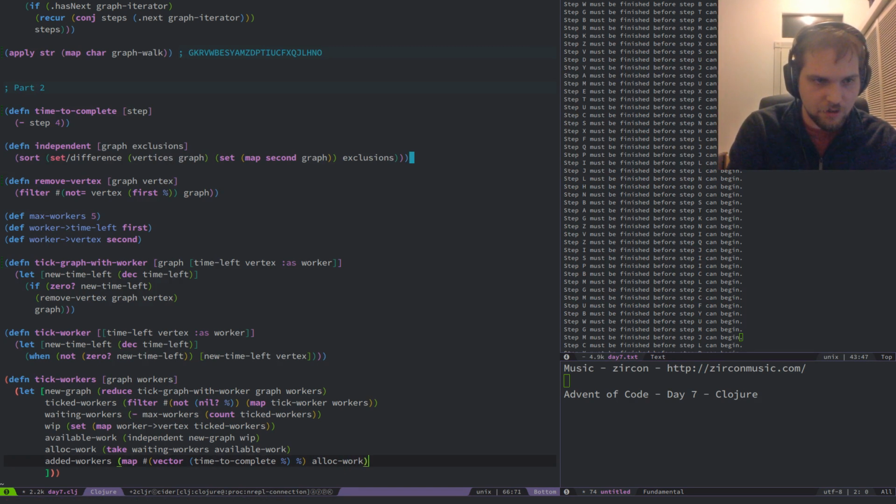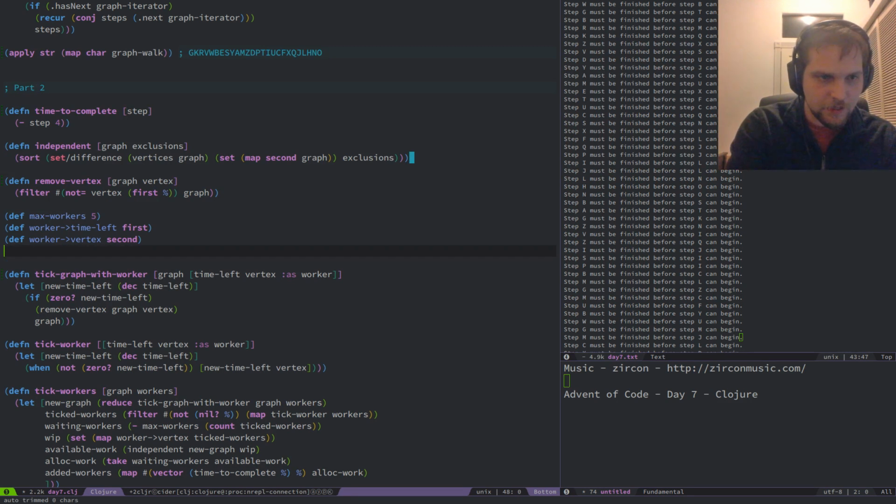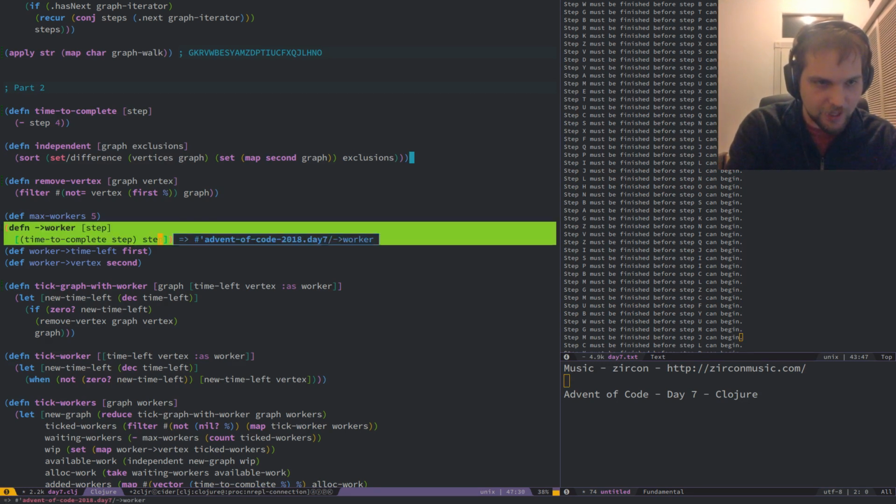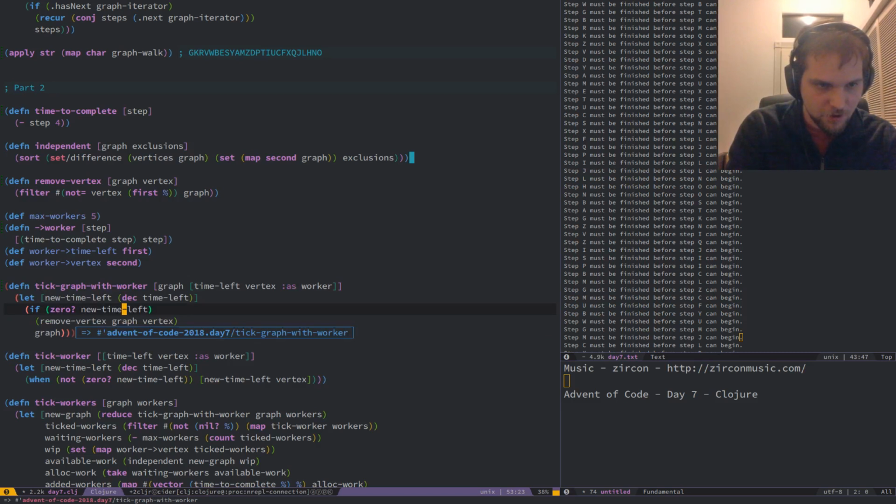Actually, I can say, let's make this a function. Defn make into a worker. A worker for step is made as the vector of the time to complete the step and the step itself. I like that. That formulates well.